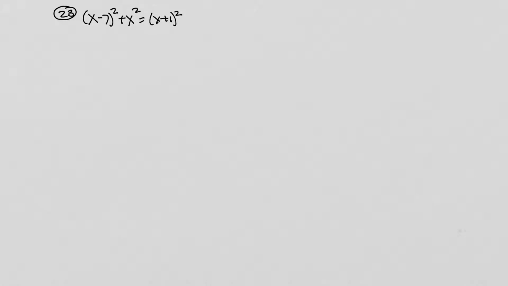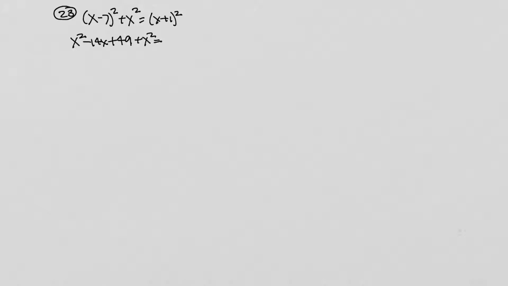Let's start this problem by squaring and squaring. So let's see what we get here. We'll use our pattern, right? We'll square the first, x squared. We'll multiply the two together. Positive times negative is negative 7x, and then we double it. So minus 14x, and then we square the last, plus 49. Then plus the x squared